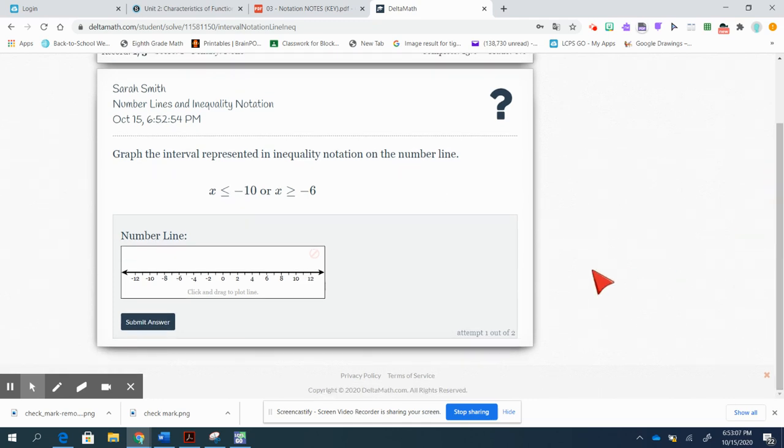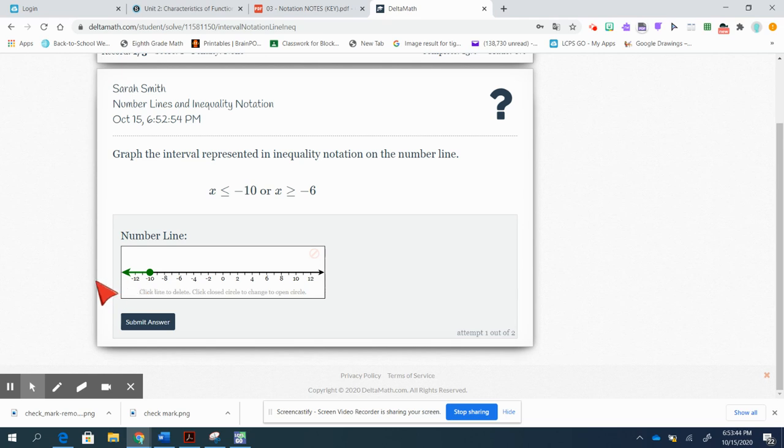Okay, I had some trouble with my circles before. Let's see if I can get it to work. X is less than or equal to negative 10, or X is greater than or equal to negative 6. Okay, so we're going to go over here to the negative 10, and we have our less than or equal to, so we know we're going to need a closed circle. So I'm going to click here. Oh man, oh, I did it. All right. Okay, so we have a closed circle on negative 10, and it is pointing to the left